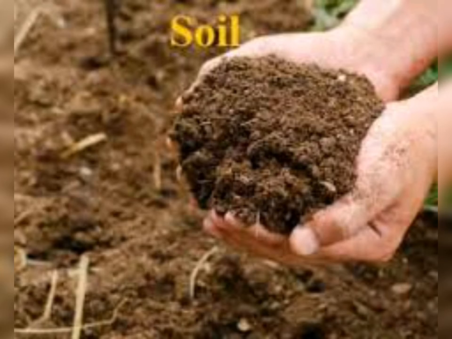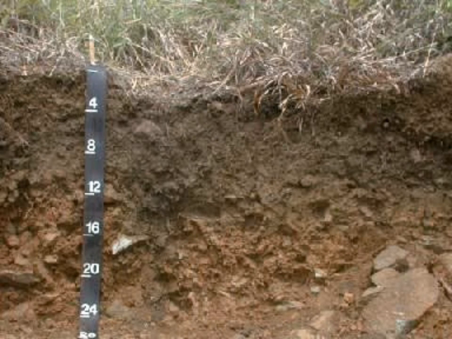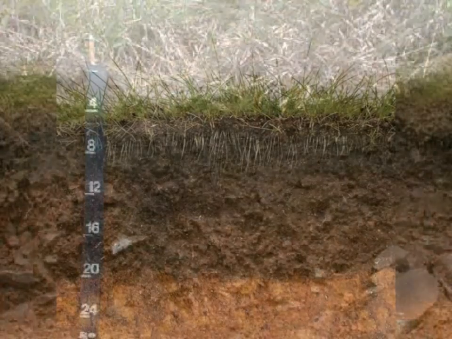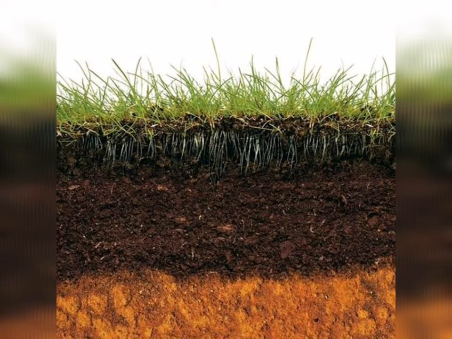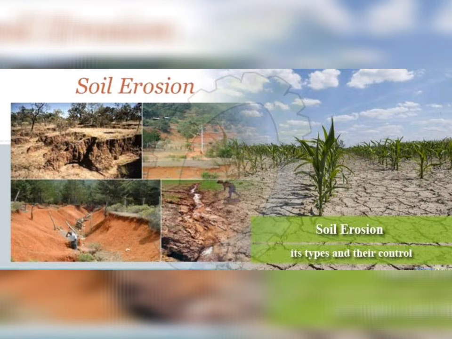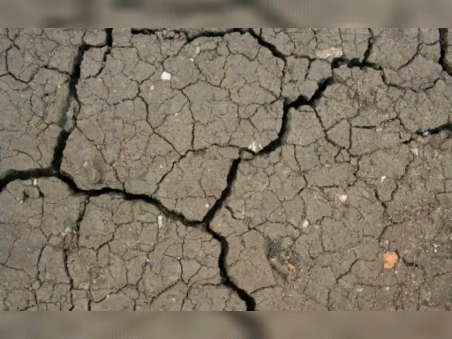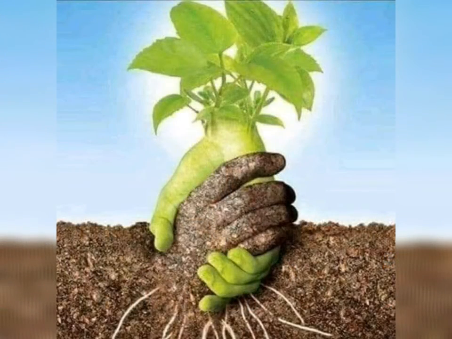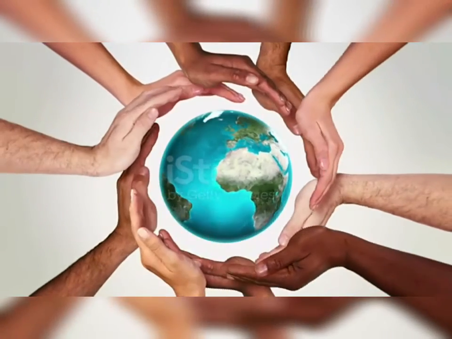Children, did you know that to form a 1 centimeter thick layer of soil, it takes hundreds of years to form a proper layer of soil? But do you know one thing? It takes very few years for the soil to get eroded. So can you see the difference? It takes so many years for the formation of soil, and it takes very few years for the erosion of the soil. So my dear children, it is our responsibility, it is our duty that we must protect our soil from erosion. Isn't it?